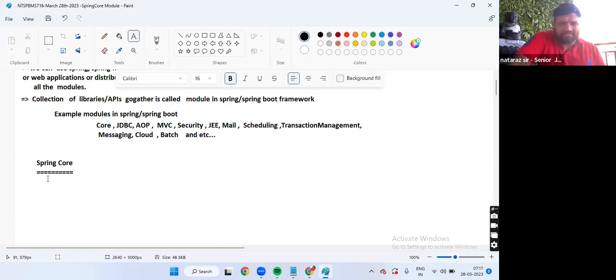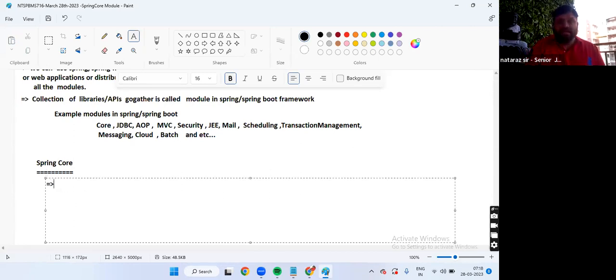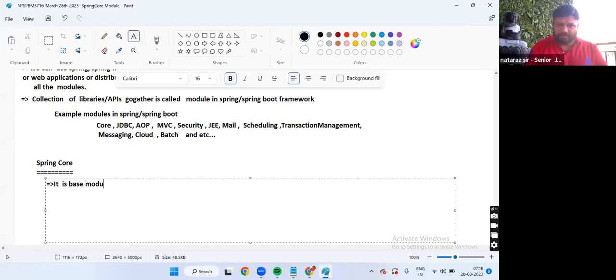If someone asks, are you studying the Spring core module? Yes, I am studying the core module. Your Spring Basics is nothing but the Spring core module. It is the base module for other modules of the Spring Framework.